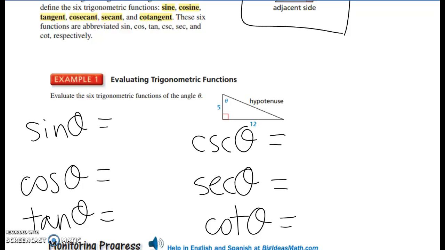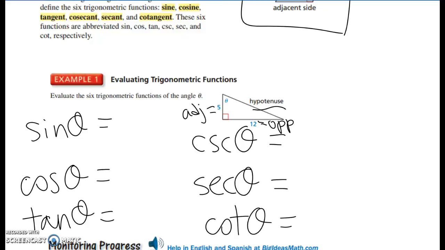Now remember, sine is opposite over hypotenuse. I'm going to label this is my opposite side, this is my adjacent side, and my hypotenuse we need to